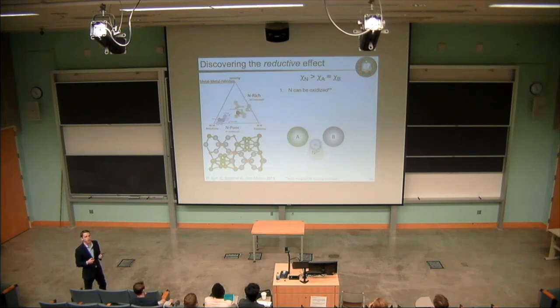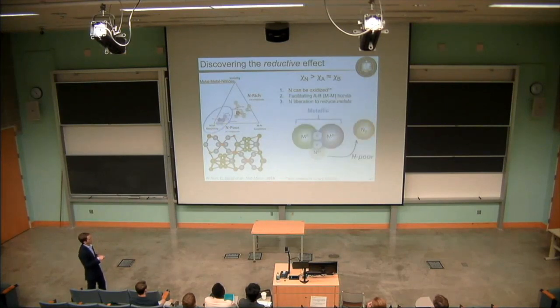So what we find that's actually quite interesting is that nitrogen gets oxidized relative to its charge state or the amount of charge density around it in the corresponding binary nitrides. So in order to form these materials, we're actually reducing the two cations and forming this metallic network of cation-cation bonds and liberating nitrogen to accommodate this reduction of the cations. So we get these very metallic and very nitrogen-poor compounds that sit at this metallic corner of our bonding triangle